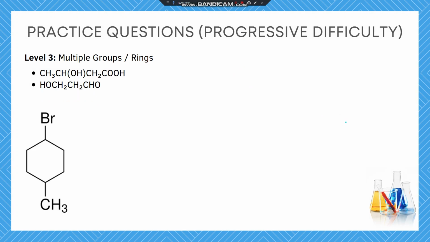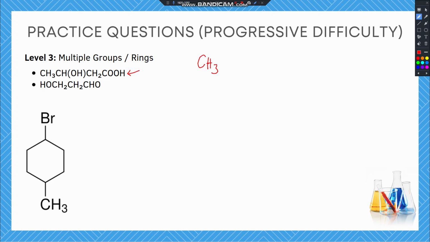So next, we're dealing with a more complex structure over here. Now we have multiple groups and rings. So let's go into what we have. All right, now we have the first compound to name. We have CH3 bonded to CH, which has an OH functional group attached to it, bonded to CH2, which is now bonded to